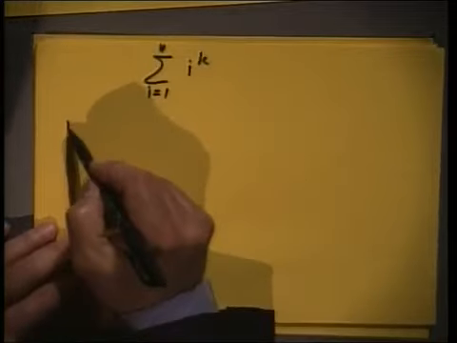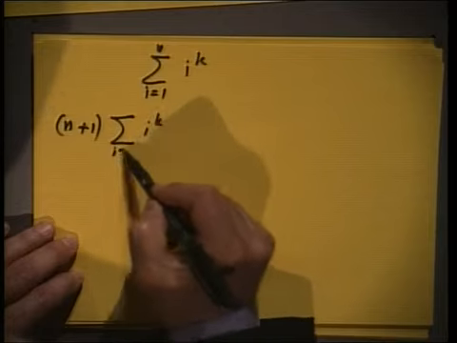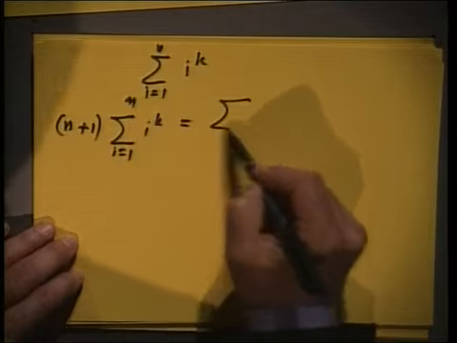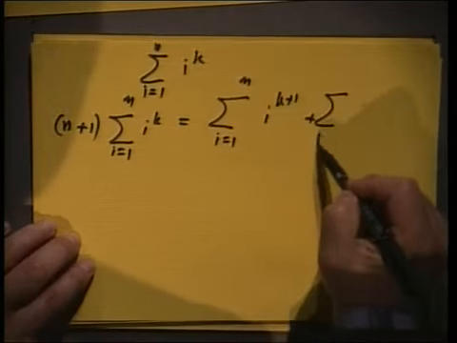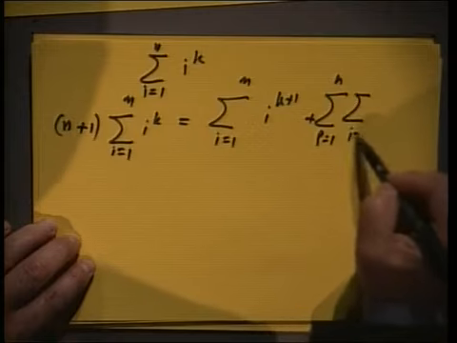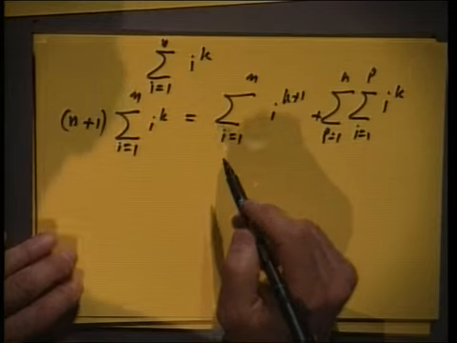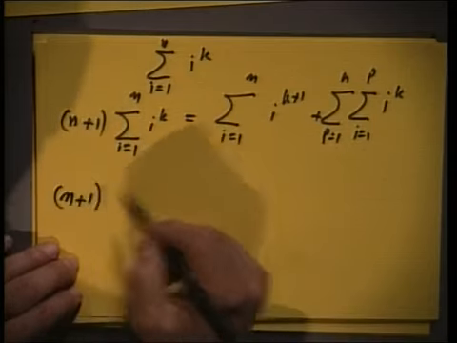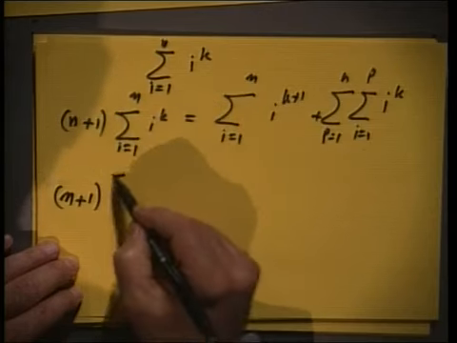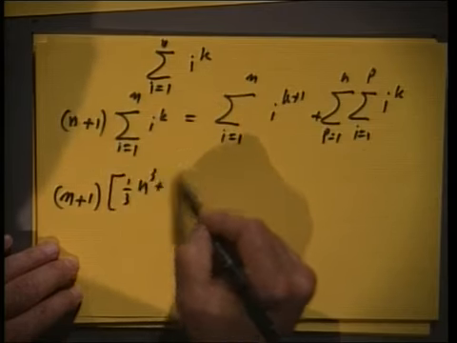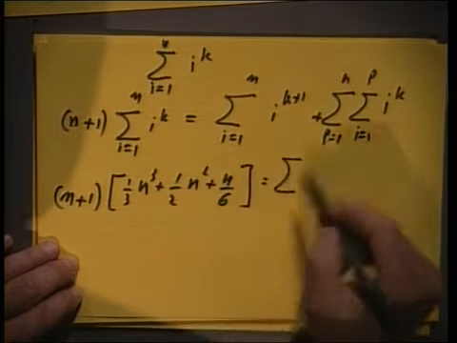What you do is that you use the identity of Alhazen: (n plus 1) times the sum of i to the k is equal to the sum from i equals 1 to n of i to the k plus 1, plus the sum over p from 1 to n of the sum from i equals 1 to p of i to the power k. And then you take k is equal to 2. So you reach n plus 1 times, we know very well from the time of Archimedes that this sum is equal to 1/3 n cubed plus 1/2 n squared plus n over 6, is equal to the sum of i cubed, because k is equal to 2,